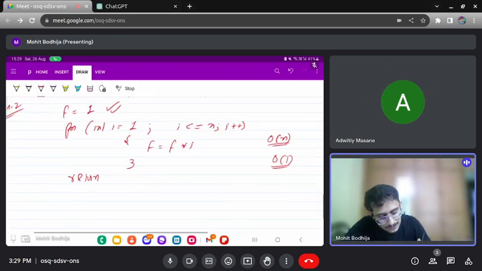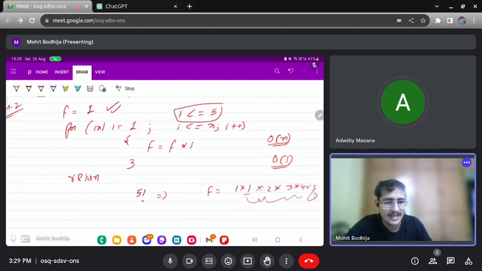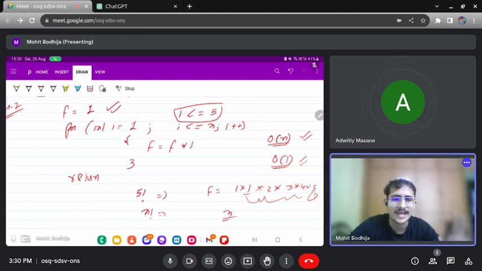So basically what is the logic I have written? If I give you 5 factorial, it means our loop will multiply like this. F will be multiplied with 1. It will be like this. 1 should be less than equal to 5. So we are going to multiply with 1, then multiply with 2, then with 3, then with 4, then with 5. So we are going on each number, and how many numbers are there? 5 numbers are there. If it is n factorial, how many numbers will be there? N numbers will be there. So the time complexity will be order of n, and space complexity will be order of 1. Why? Because we are not using extra space.